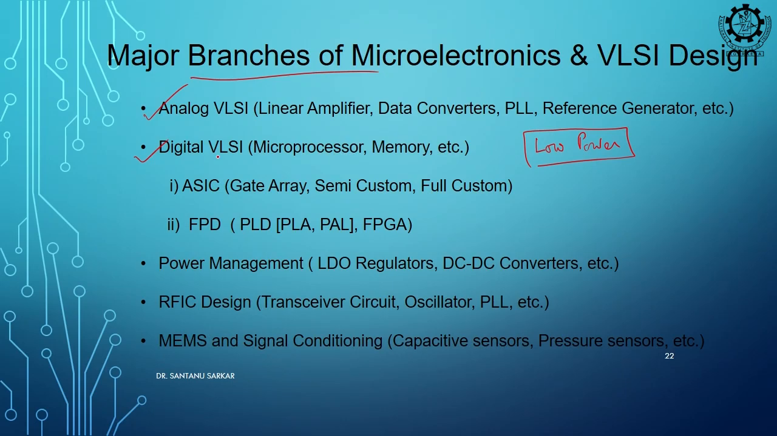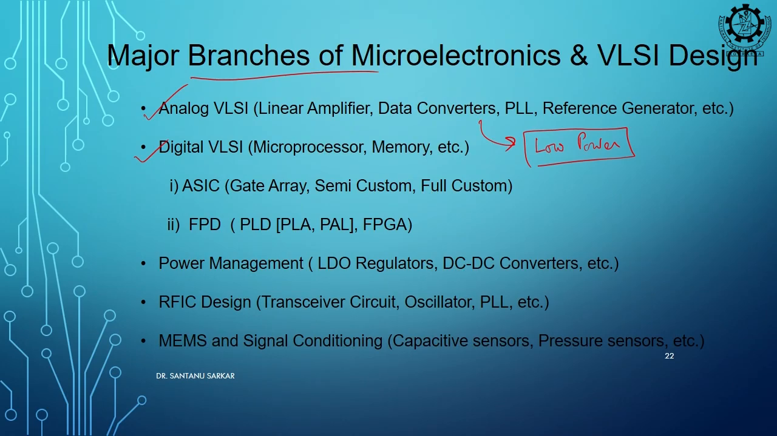In this course we will mainly concentrate on digital VLSI design, and if we get time we will explore the low power technique for analog design also. Okay. If we get time we will also explore this low power design technique for analog design. So,